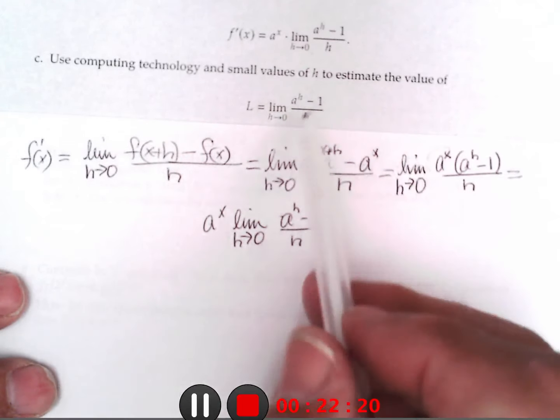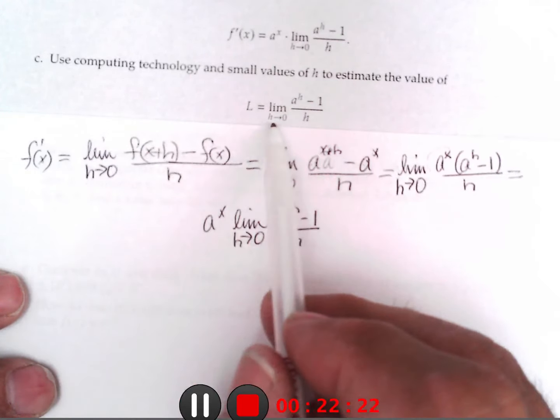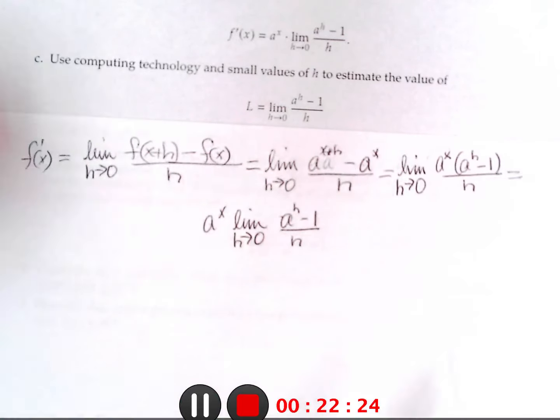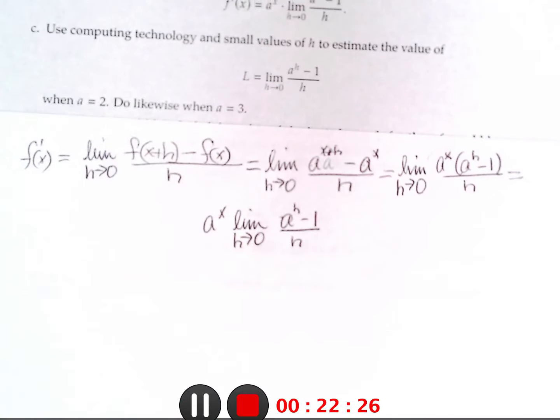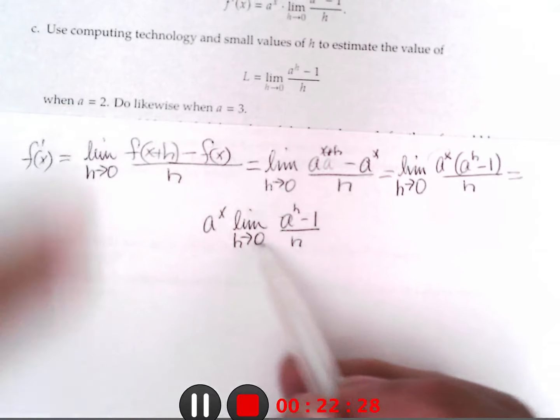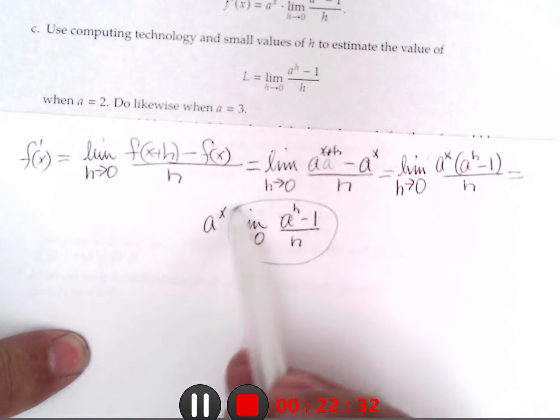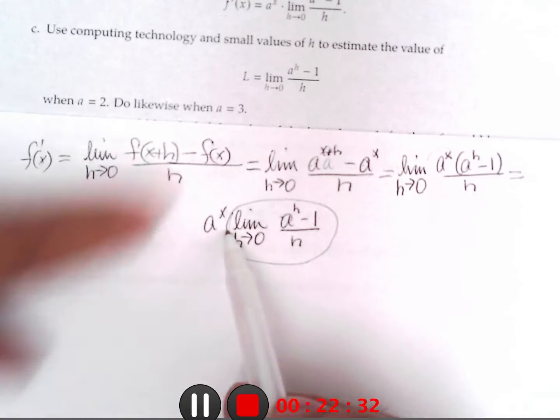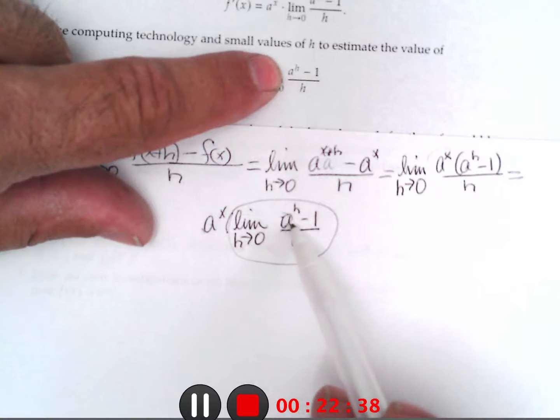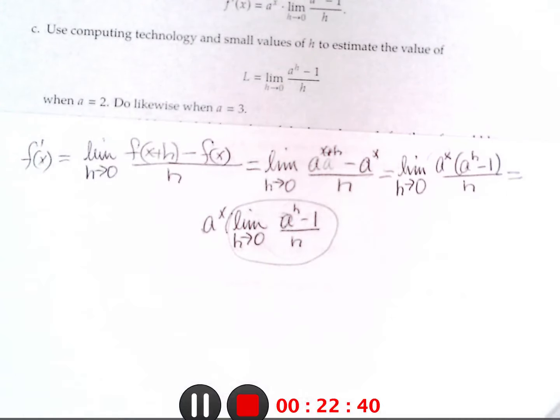And now it says, try to figure out what this comes out to be if a is 2. So they want us to look at just this part. Notice they didn't show the a to the x. So we're doing just this part, and we're going to put 2 in for the a. So I pull up my calculator